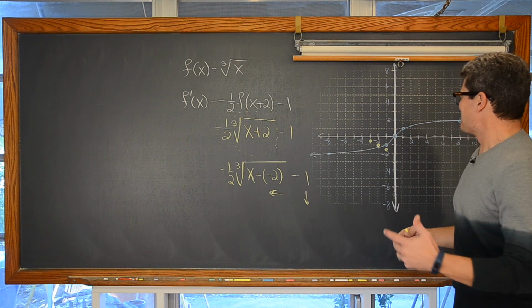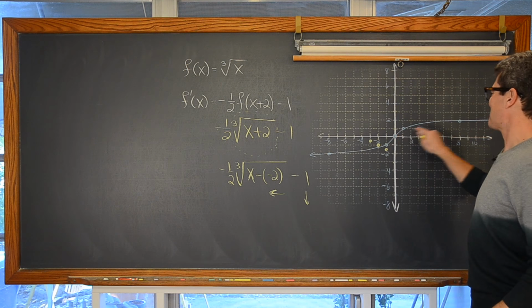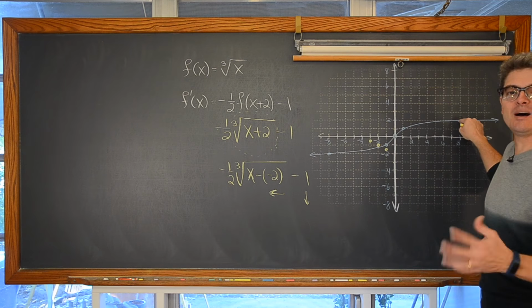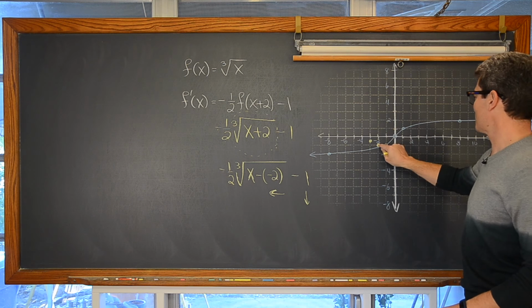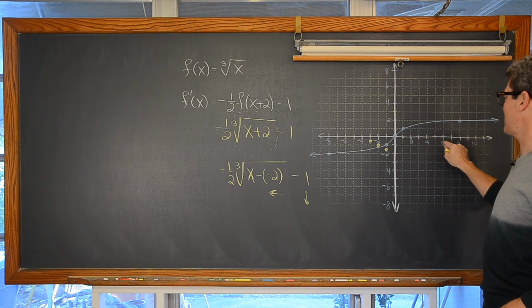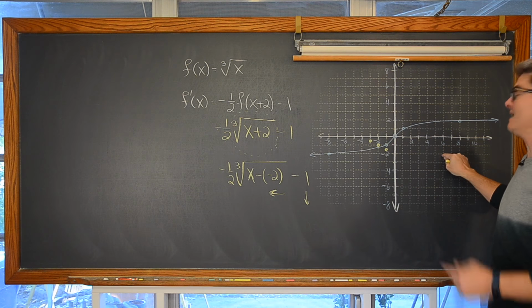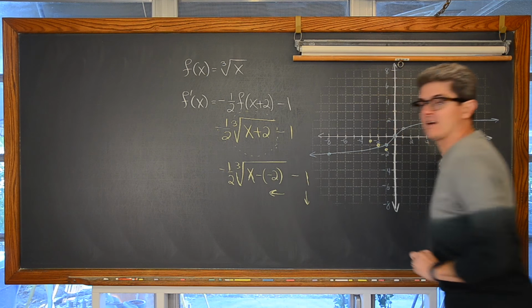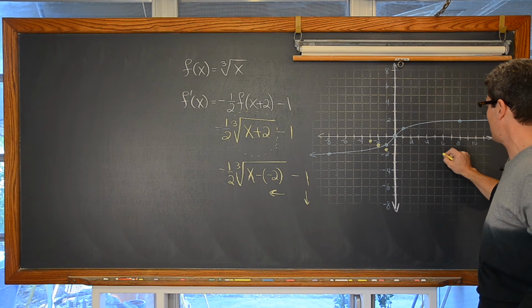That was very nice. So then instead of going to the right 8 and up 2, we're going to go to the right 8, which is negative 2 plus 8 is 6. And instead of going up 2, we're going to go down because of the reflection over the x-axis and go half as much. So we're going to go down 1.